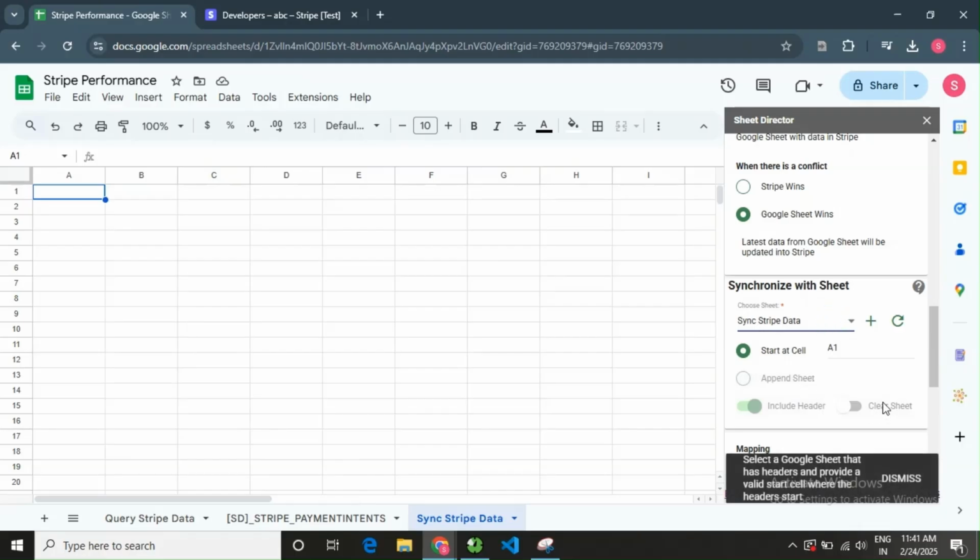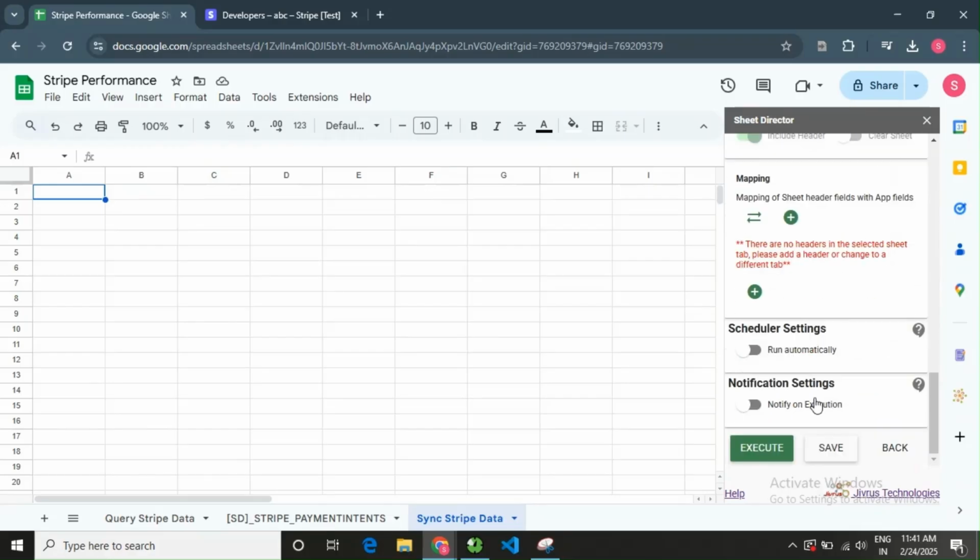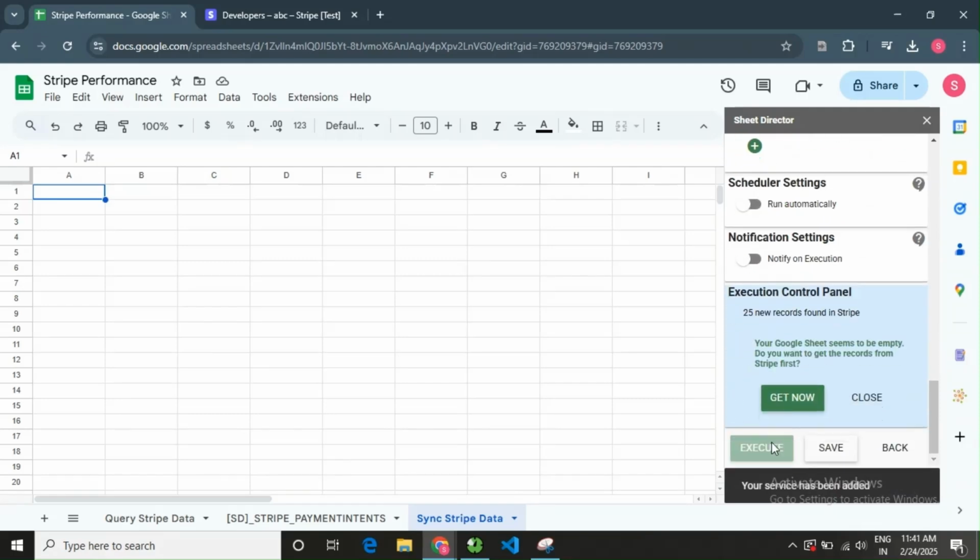And by default, it will begin from cell A1. After configuring the service, let us execute by clicking on the Execute button. The execution control panel will appear. If no records are found in the Google Sheets to synchronize, then the Sheet Director will get the Stripe data